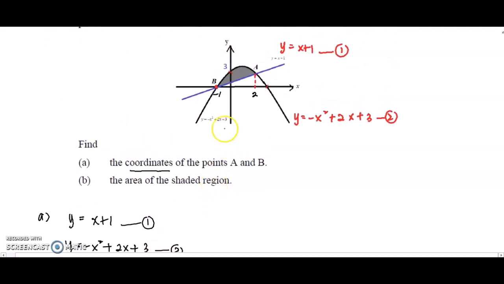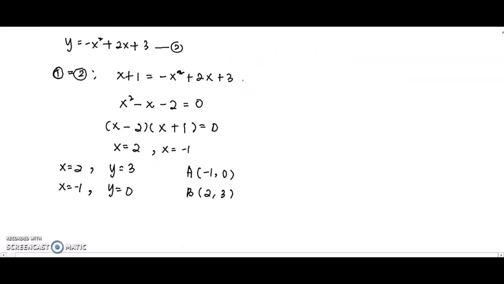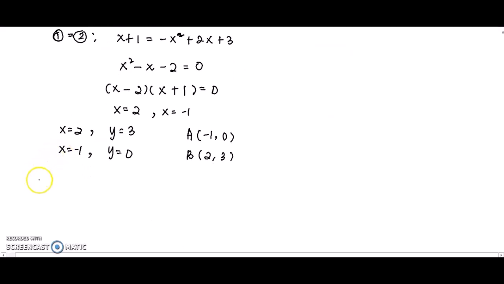Find the area of the shaded region. So now you are interested in finding this area. To get this area, very simple, you just integrate from negative 1 to 2, taking the function on top. For this shaded region, you can see that the function on top is the quadratic, and below it is a straight line. So you take the top function minus the lower function, that is the quadratic minus the linear function. So we just integrate from negative 1 to 2